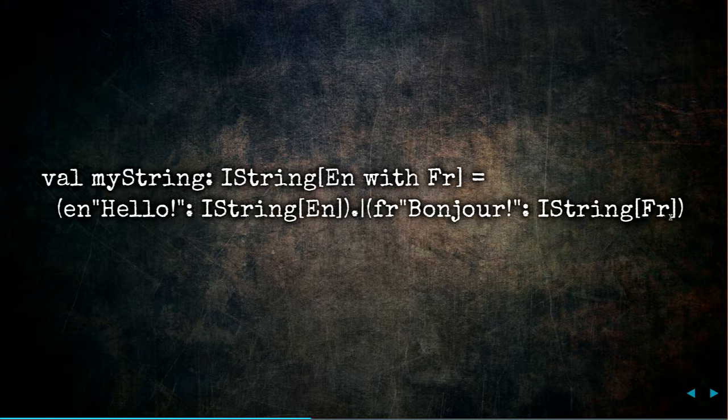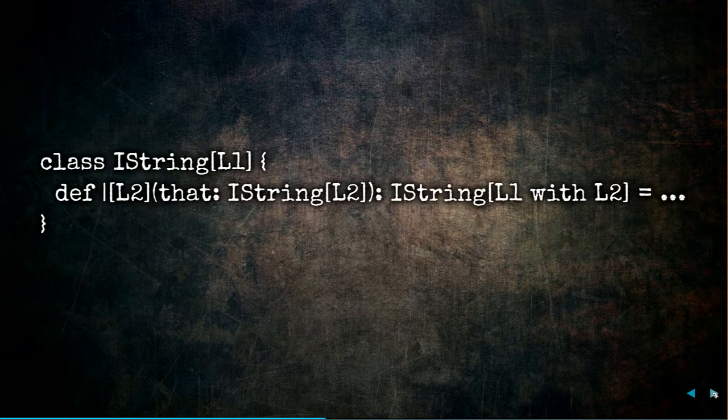Again, same again with French. And we're calling the pipe method on the first value, providing it the second value, and this becomes en with fr. So this combinator, this pipe, is taking the type parameter of iString here, the type parameter of iString there, and it's intersecting them to return this. Now, this might seem a little bit odd. I'll first show you an example of